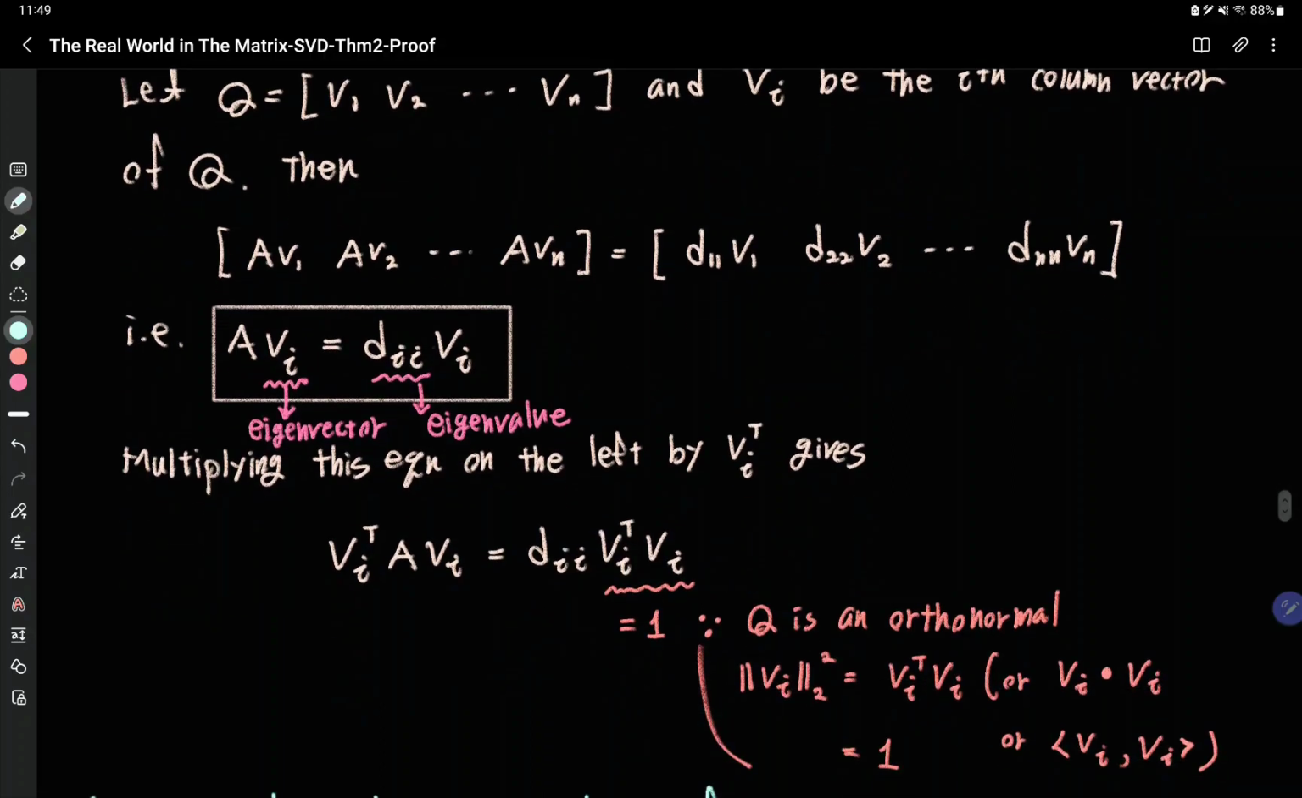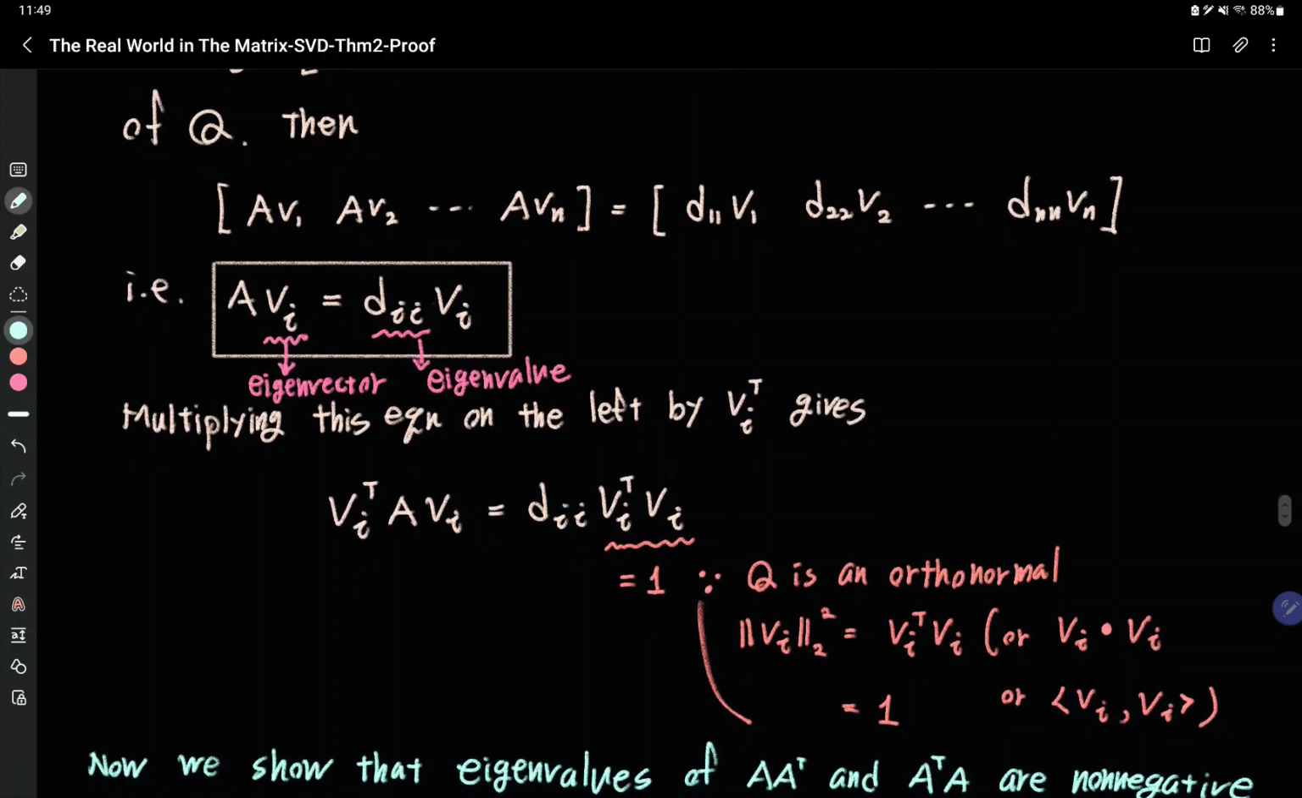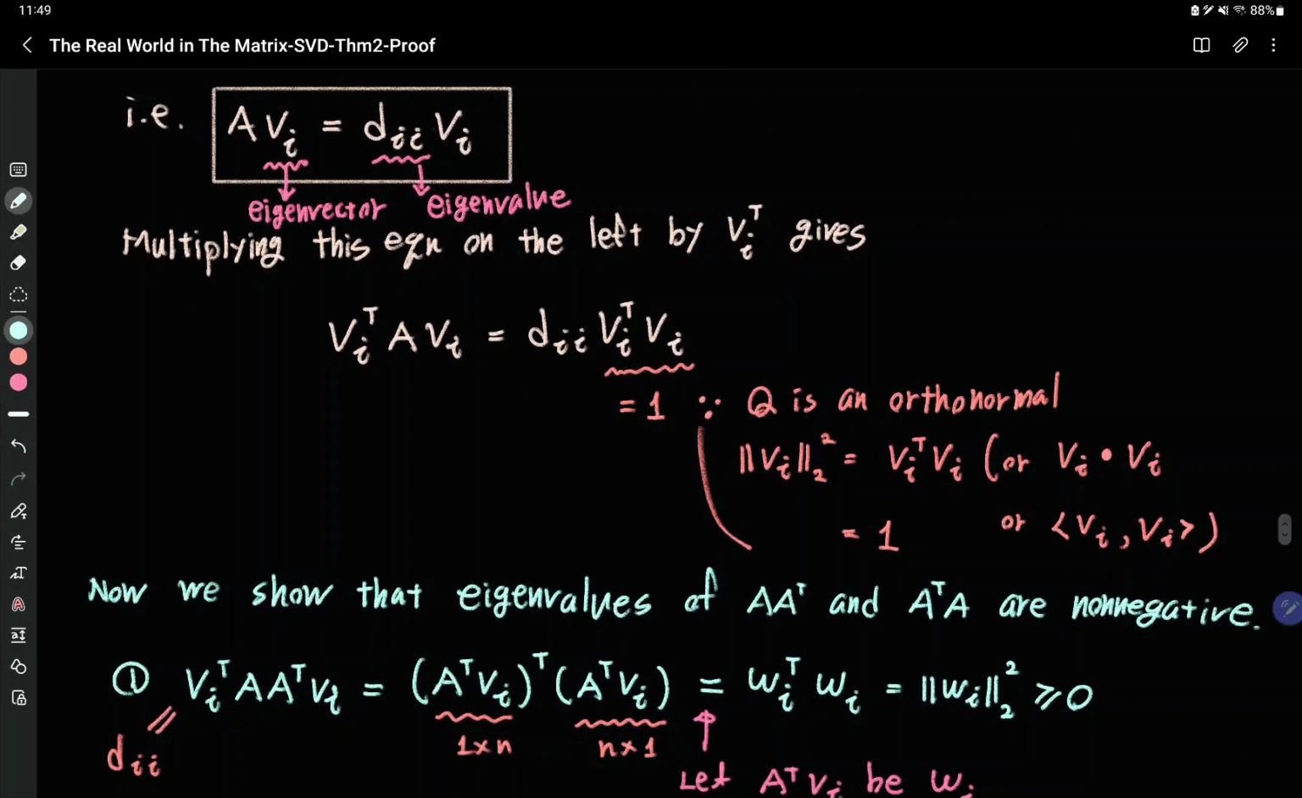Now multiplying this equation on the left by vi transpose gives this. And vi is an orthonormal eigenvector, so vi transpose vi must be 1. So Dii, the diagonal entry, is equal to vi transpose A vi. Now